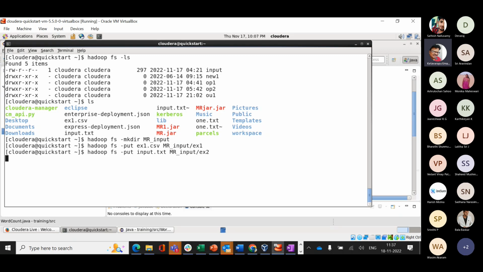Okay, within the mr input directory, I'm having example one, example two. Later we'll see the one.txt also. That also we'll copy as ex3. So our mr input is having three different files, and we'll try to give this as the input directory in our job submission. Same thing,